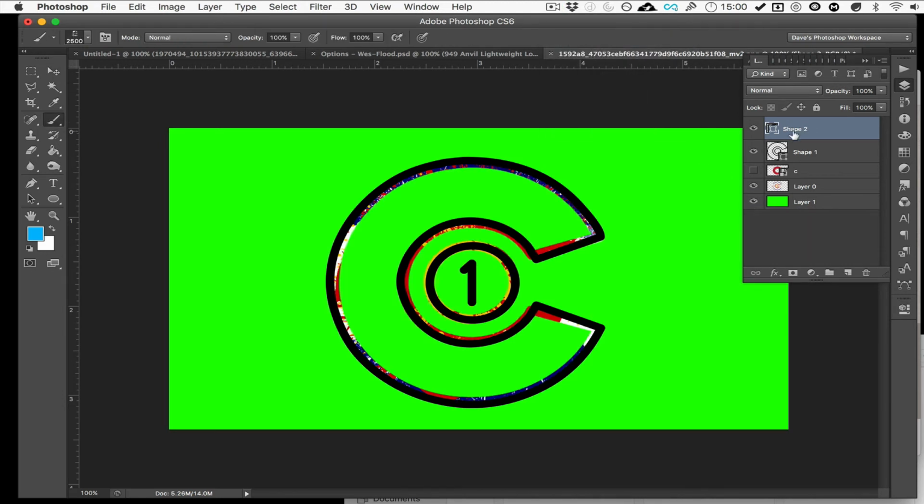Alright, cool. So now that we got those going on, we got our C, we got our circle, we got our number 1. These are all shapes. I'm just gonna rename this shape 1. And I'm gonna rename this one C, and I'm gonna just say it's a shape so that we know that these are shapes, because I can never keep shapes and paths